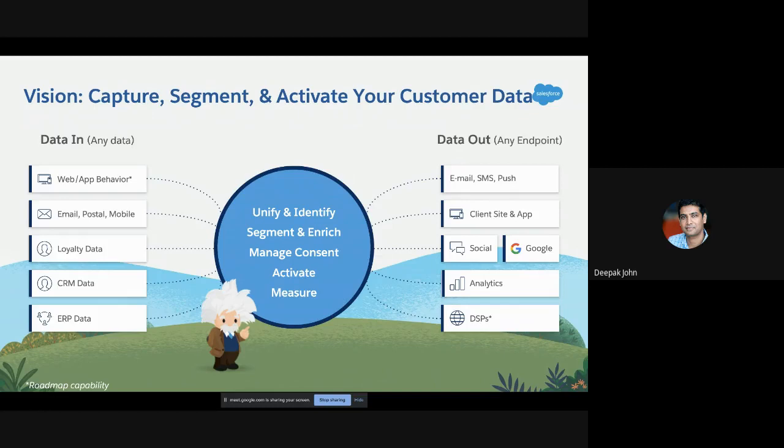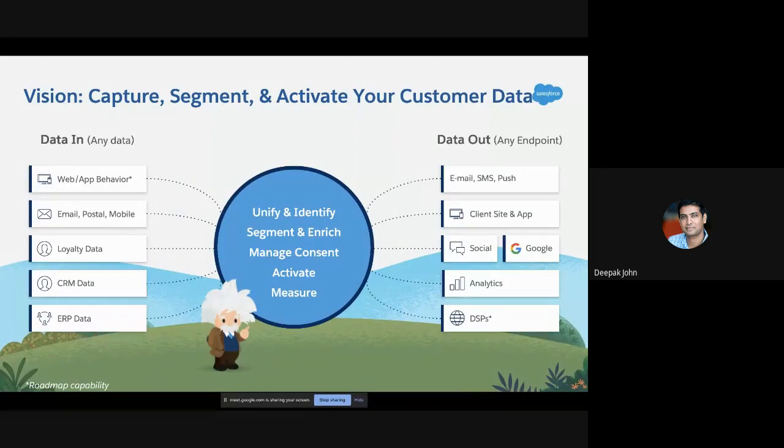And once you have that golden record, you can ask all sorts of questions to that data and take actions from that system. What would you do? Most important, you'd want to segment and enrich that data. So you'd want to decide who goes into what categories for what marketing purposes. And again, you'll see this in the demo through drag and drop attributes and capabilities, but also you're enriching that with external sources, maybe propensity to buy and so on. Next, you've got capabilities to manage the consent with things like GDPR and CCPA in California, and the new one coming in the Middle East as well.